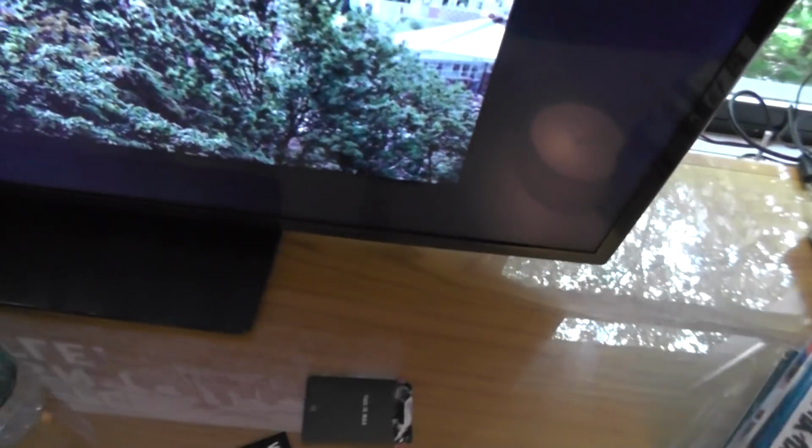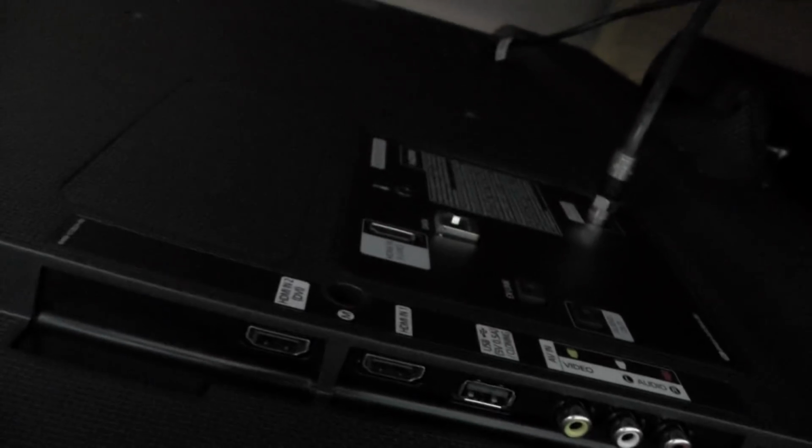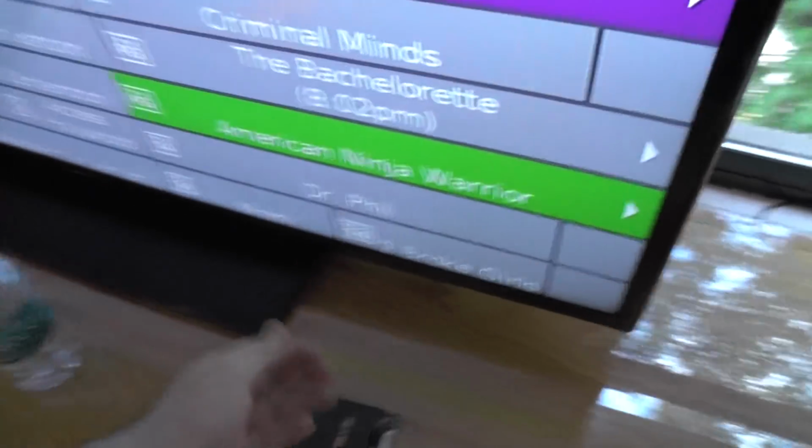Oh, wait a minute. I might have found a button. I did, and it's the power button. All I found was the power button. There's nothing else there. So there is a standard power button right here, but there is nothing else. I actually looked back here, right? There's the input. The shame is, here's the input, right? HDMI. So I could go from our laptop and that DVD player to the TV, but guess what? There's nothing to switch the input over to HDMI. So unfortunately,